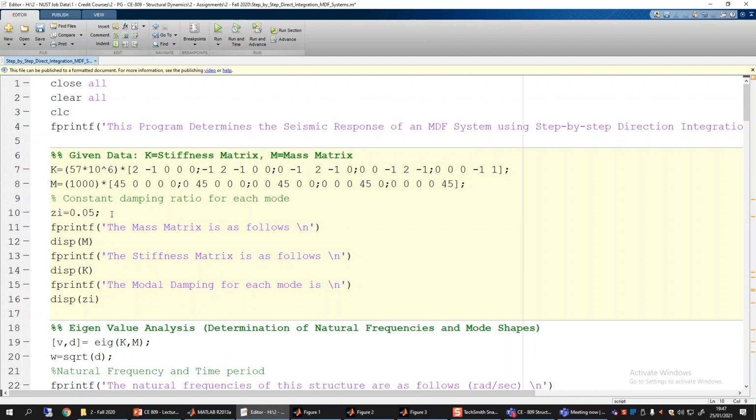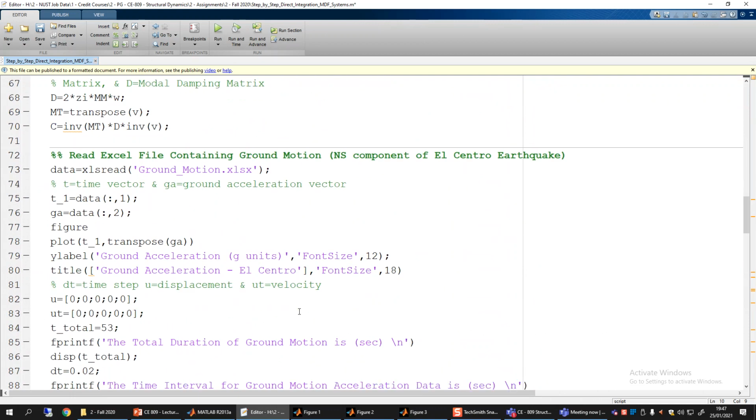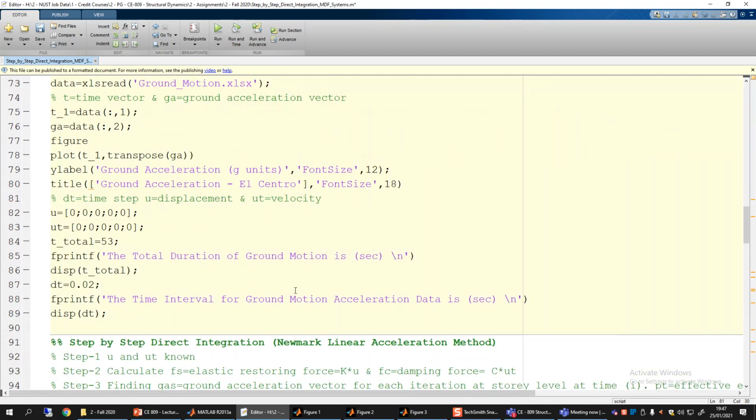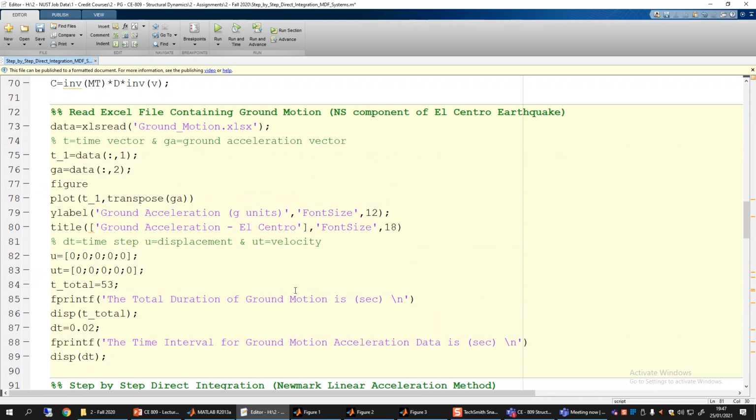So although they are taking them from preferences, they ensure that the user can change those preferences. So if someone from you can develop a general program where the user can actually define how many degrees of freedom, and then enter the mass and K matrices according to that, or story stiffness and story masses according to that, that will be more fun. Similarly here, when I import the ground acceleration file, this one here, I directly fix the t total equal to 53 seconds and delta t equal to 0.02.